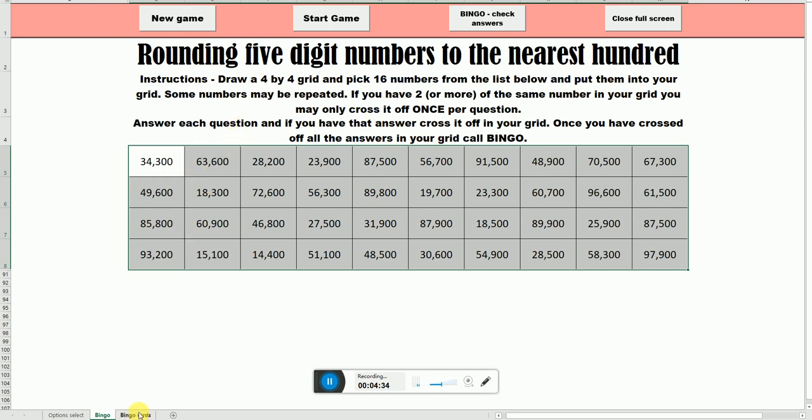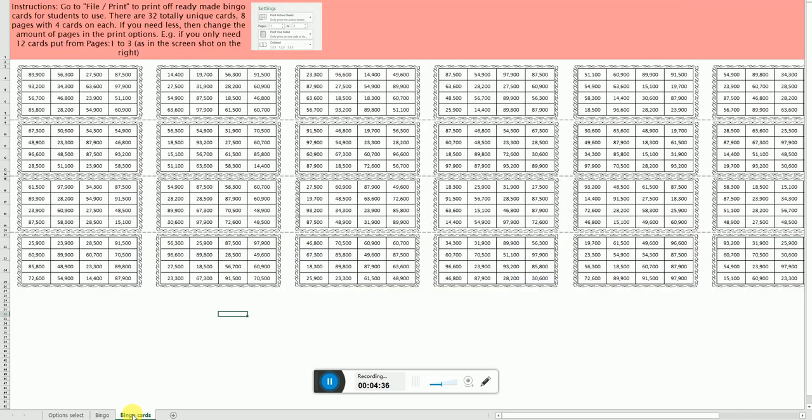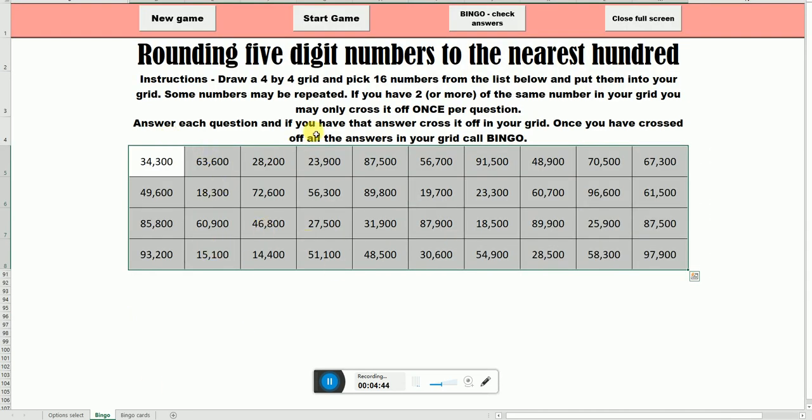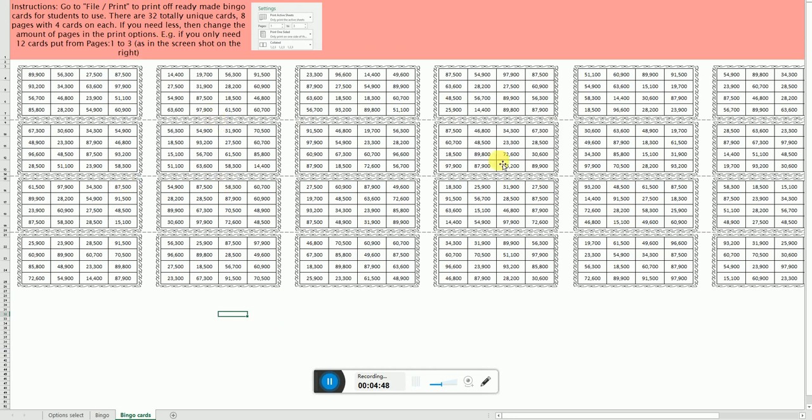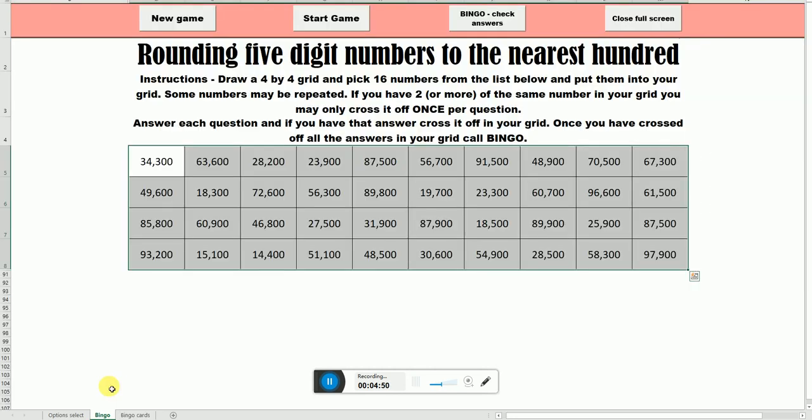There is a third tab on here named bingo cards, where actually you can print off pre-populated cards. All of the numbers in here are to do with the current game that is on here. A word of warning, if you print off what is currently on here, then you go back and you press new